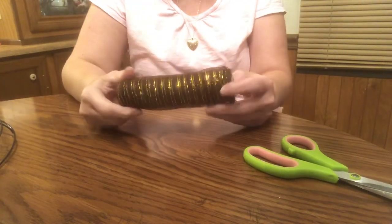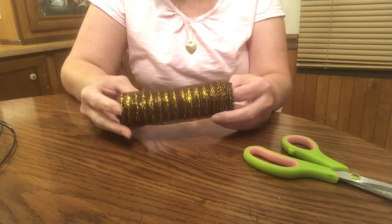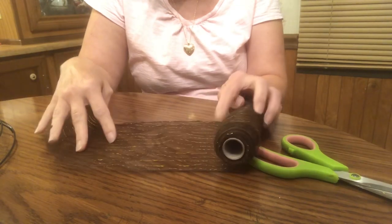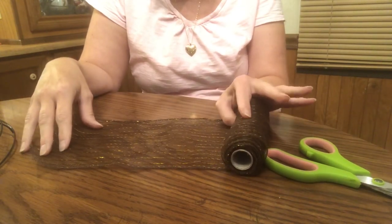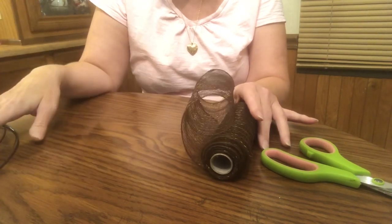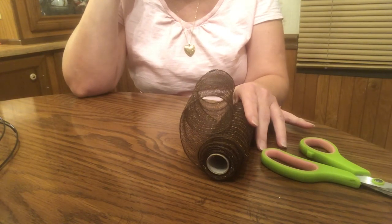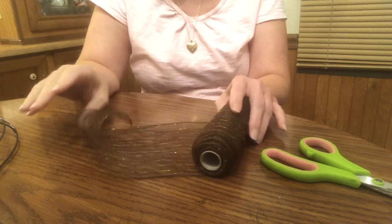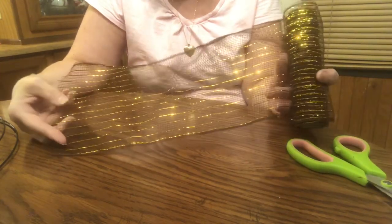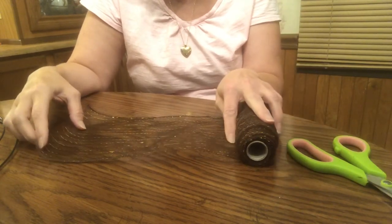So what I'm going to start out doing first, this was a roll that I had already opened up, but I just think it's easier when you're making your wreath if you go ahead and cut all your strips that you need, and then go ahead and make the bundles ahead of time. That way, once you're done with making all your bundles, then you can just add them to your wire frame all at one time and you're done. You can certainly do this however you want to. I just am one of these people, I like to do this in sections, and I don't really measure this. You can measure it if you want to, but I usually cut about 6 to 8 inch strips of this,